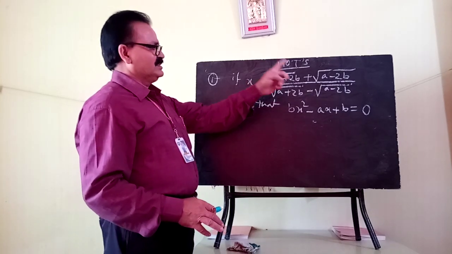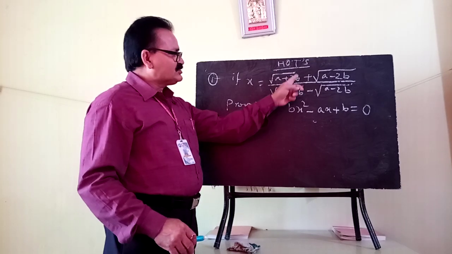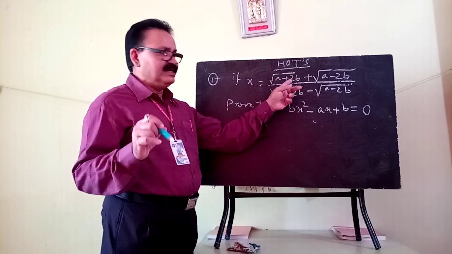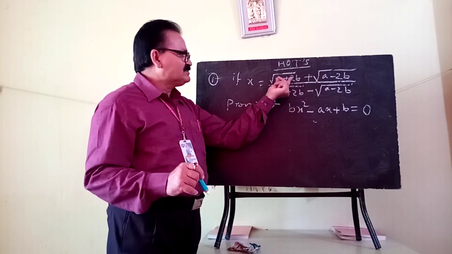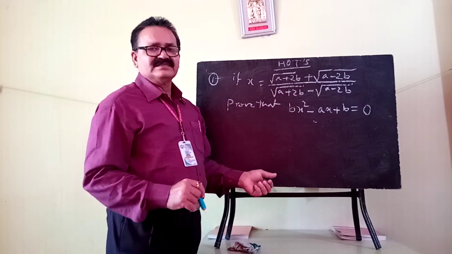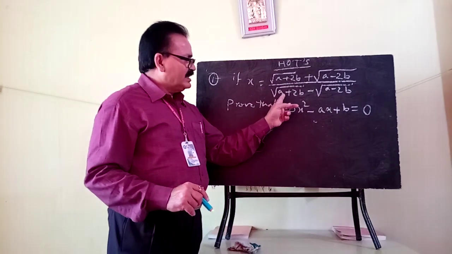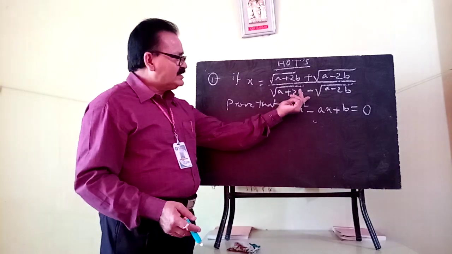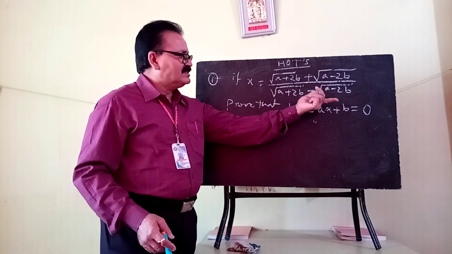You see, in this ratio it is given, if you consider these two terms, square root of a plus 2b as your a and this as your b, that means this part is a and this part is b, so a plus b is given in the numerator, and a minus b in the denominator. So the denominator is an irrational number consisting of a minus b.